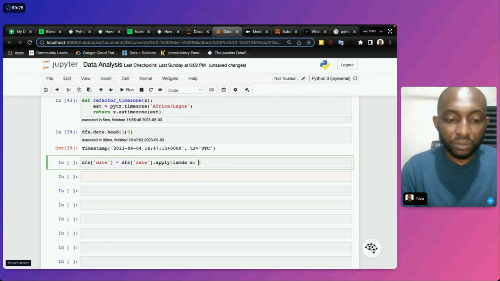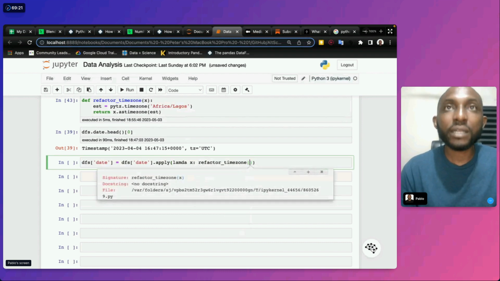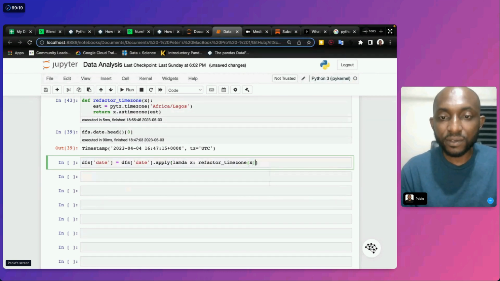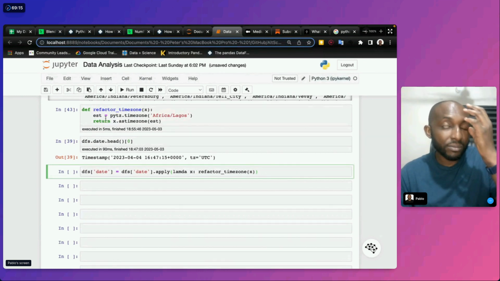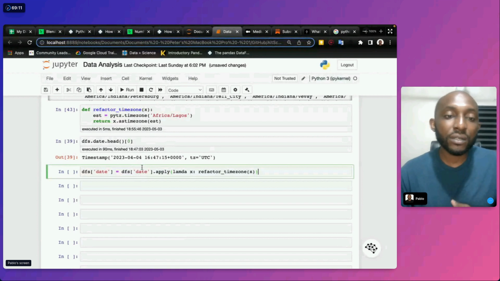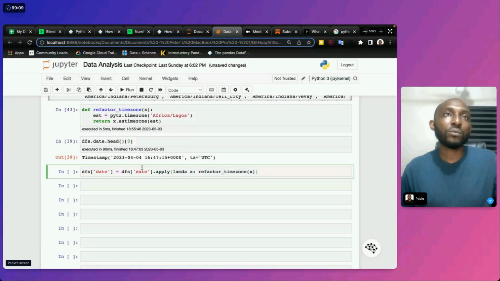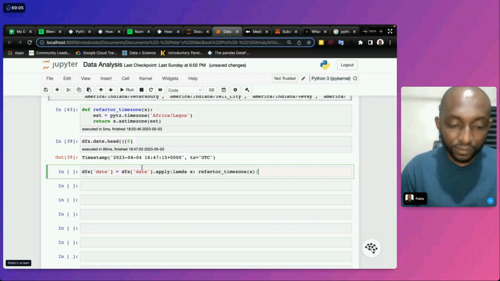So now what we simply do is call refactor time zone, then we open bracket and we put x inside of it. So what it's going to do is look at this time zone and then refactor it to the one that reflects Lagos. And since I'm in Kaduna, whatever is happening in Lagos, we're in the same time zone, so that works.